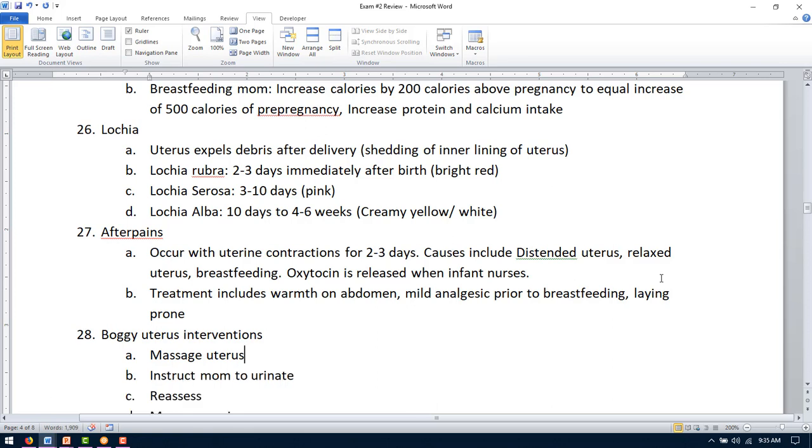After pains, these will happen with contractions for 3 days after delivery. When mom is breastfeeding, they occur because mom excretes oxytocin. If there's distended,